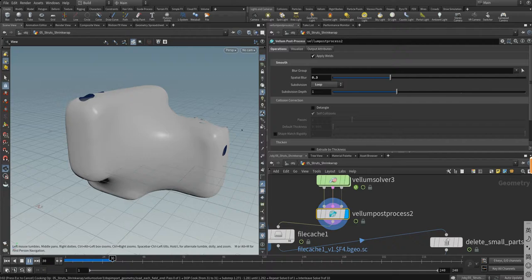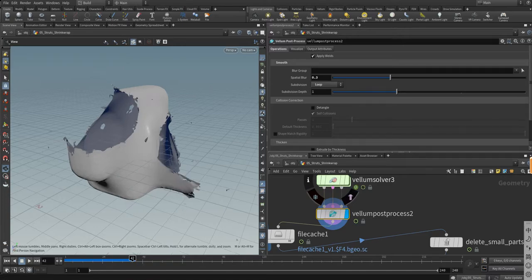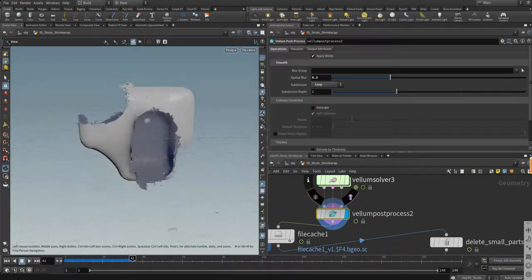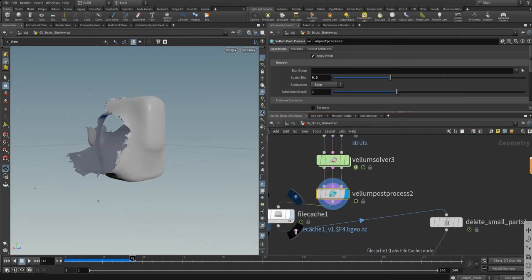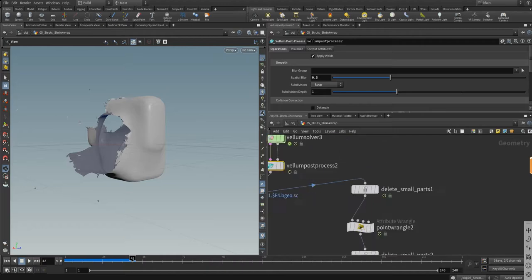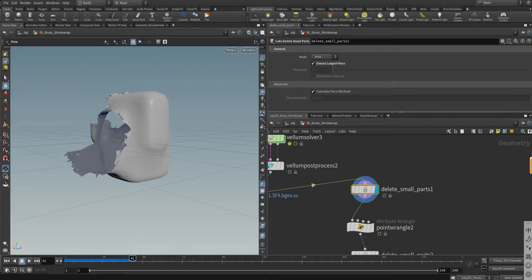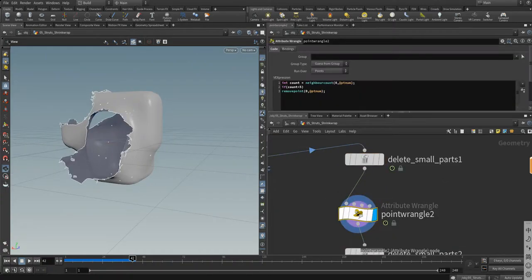So, okay, I will pause the video. Okay, we are back, and I think the 42 is the result we are seeking for. So we use a file cache node to cache the result, and we use a delete small part to delete some small geometry, and we use an attribute wrangle